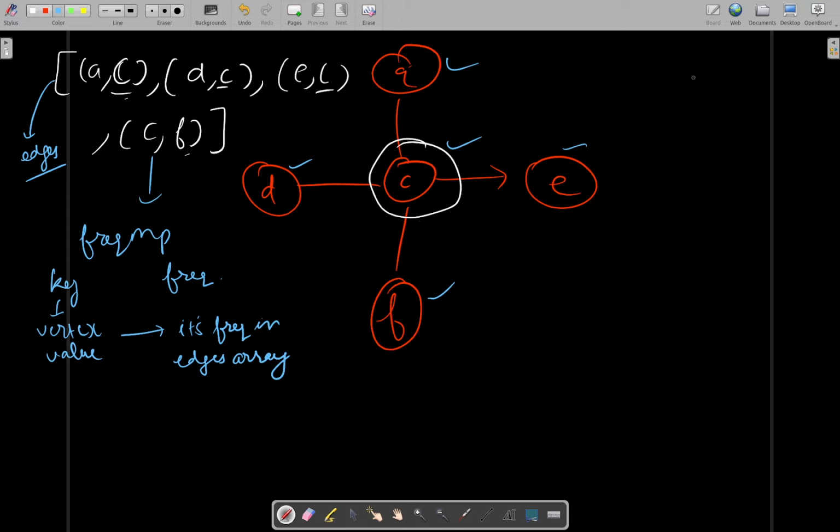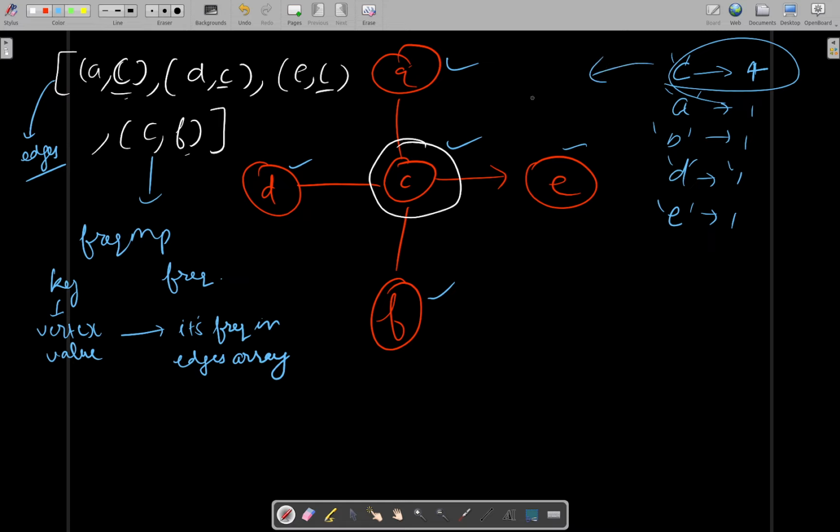So you will be having something like this. C will be occurring 4 times, and A once, B also once, D also once, and E also once. As you can see, C is occurring the maximum number of times,